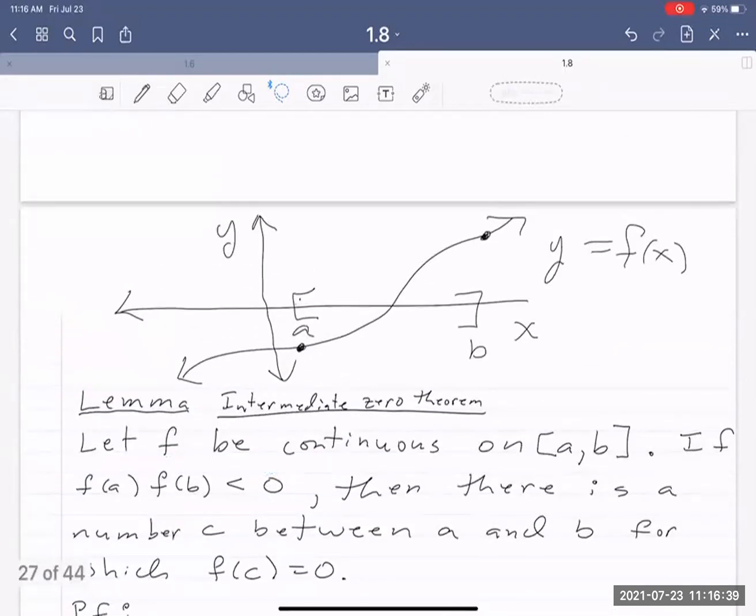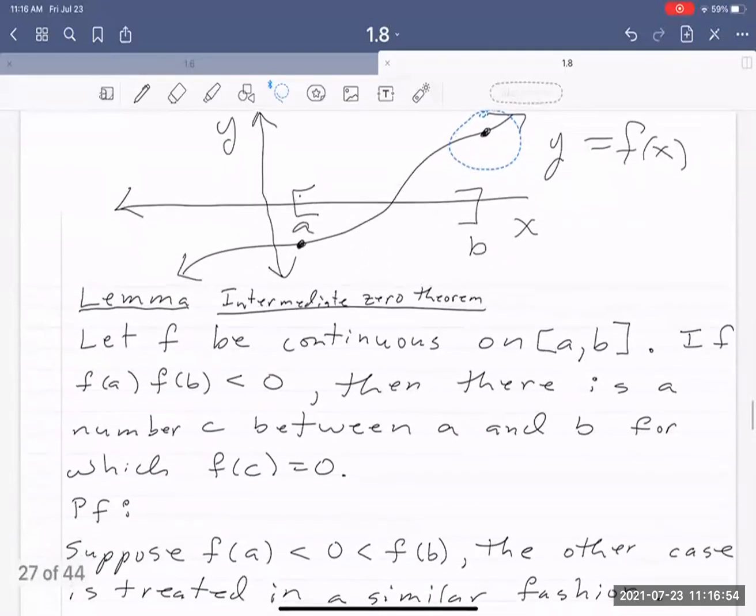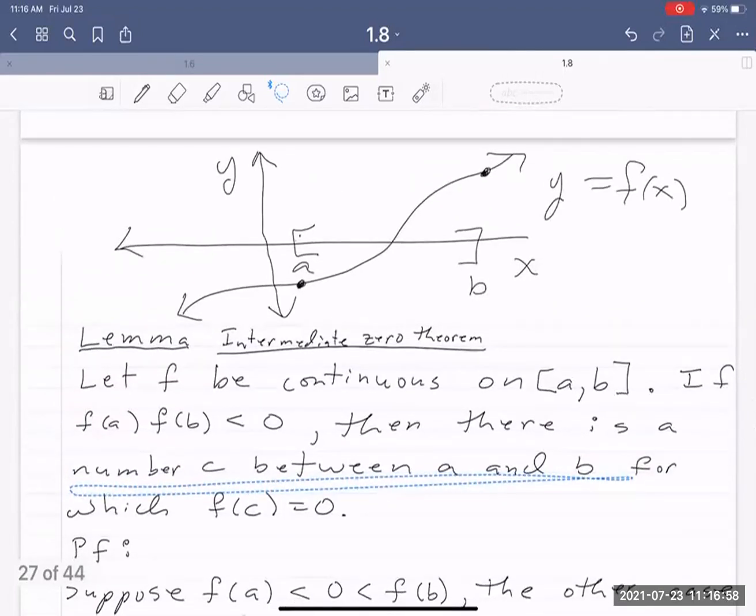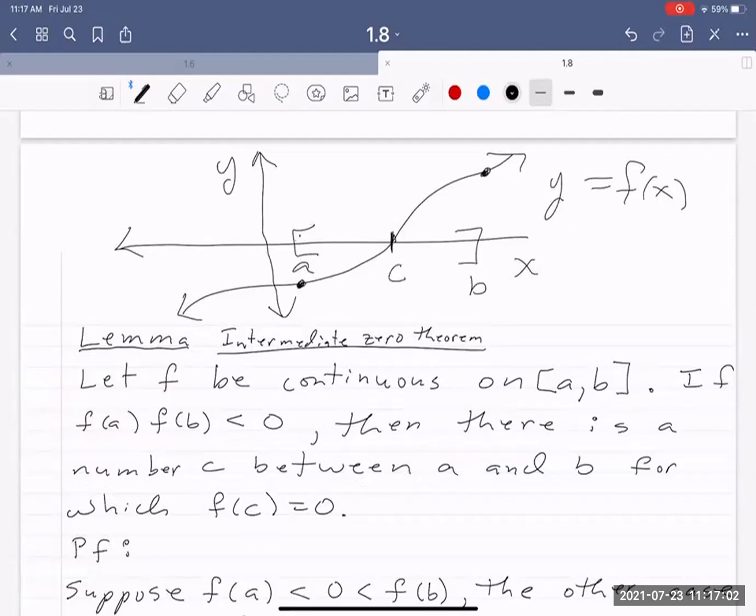I can say that in another way, that at one of the endpoints, it's below the x-axis. At the other endpoint, it's above the x-axis. Then there is a C between A and B. And so let's find a C between A and B, such that